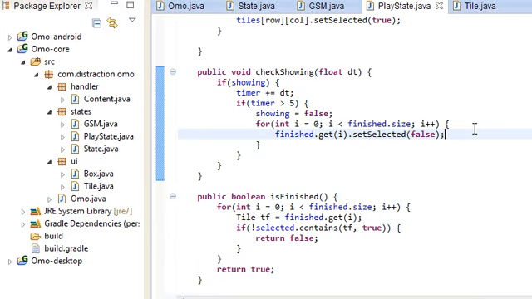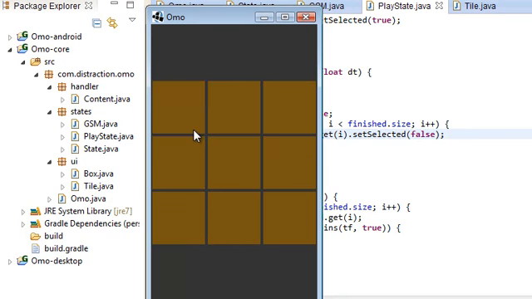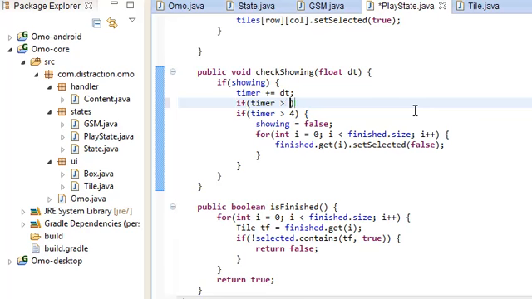So what I'm going to do looks crazy, but I'm thinking instead of this thing just disappearing after 5 seconds, I'm going to have it start blinking before it disappears. Let's see. So maybe I'm going to make it 4 seconds. I don't want to give you guys too much time to try to memorize it. 4 seconds, and for the last 1 second it's going to blink. So if timer is greater than 4, whatever. If timer is greater than 3,